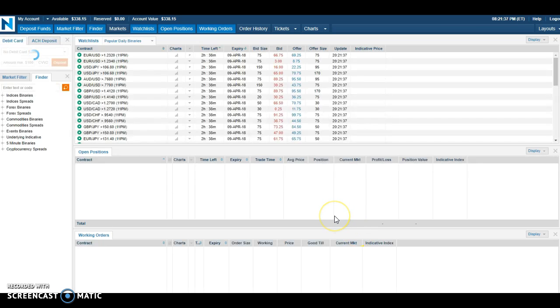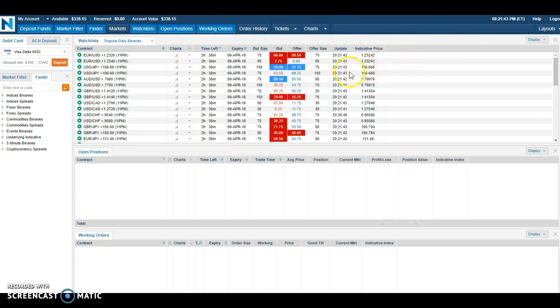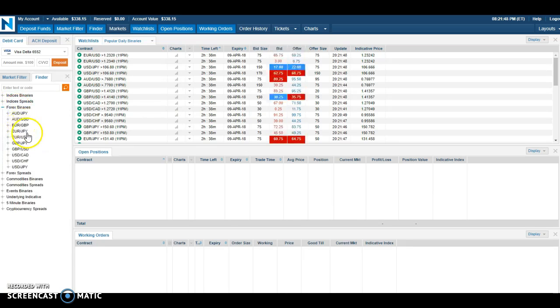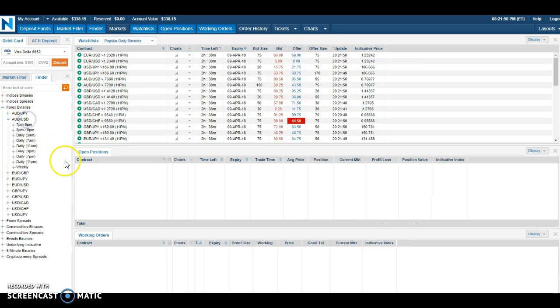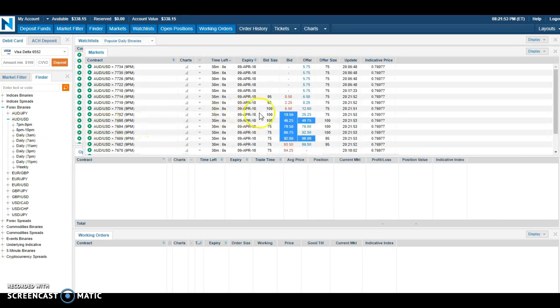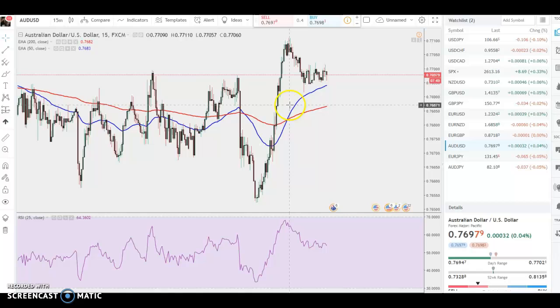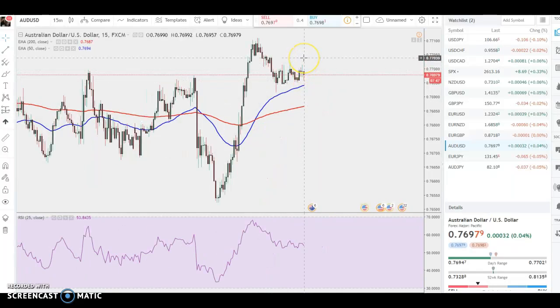Now it logs into my live account. My live account, you notice it's blue up here. That's when you know you're on your live account. It's blue. Everything is still the same. You go to binaries, you go to AUD, USD, you go to 9 o'clock. These boxes pop up, and then you can just pick whatever trade you want to pick at that moment. They give you a little bit different numbers on here, so you really don't know which one you want to do. So if I go on my chart and start looking at what's going on,